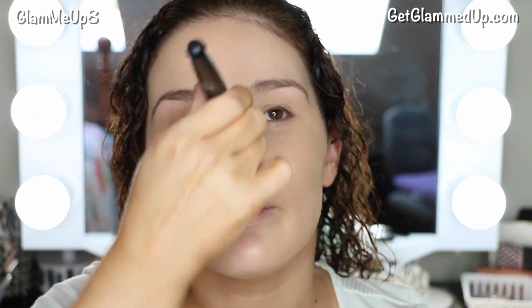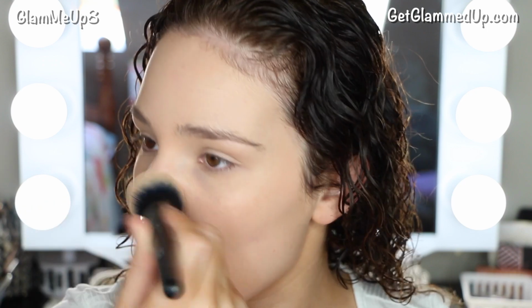But I love how full coverage this foundation is. It's just one of my all-time favorites. It has SPF in this one as well, and it just holds up great on my oily skin. I don't have to reapply or anything like that. And sometimes I can even skip powder when I use this because it's just such great full coverage and